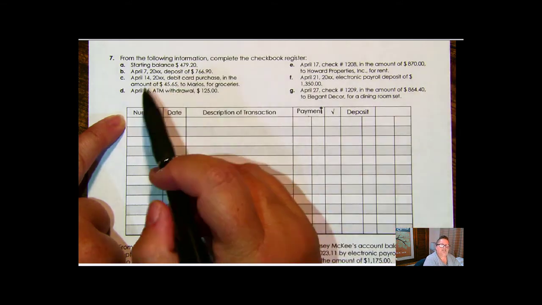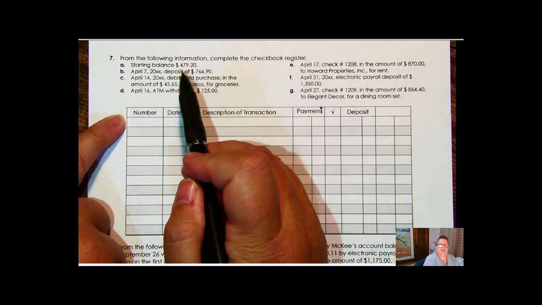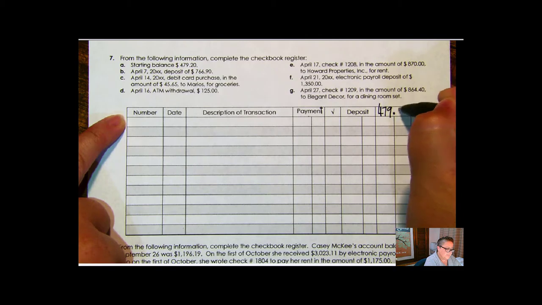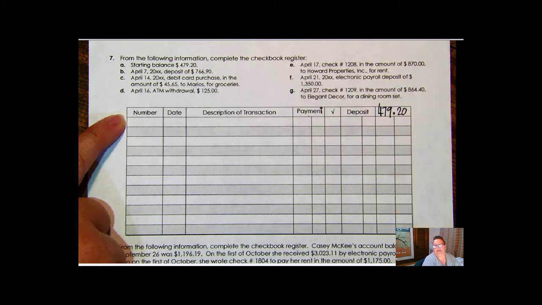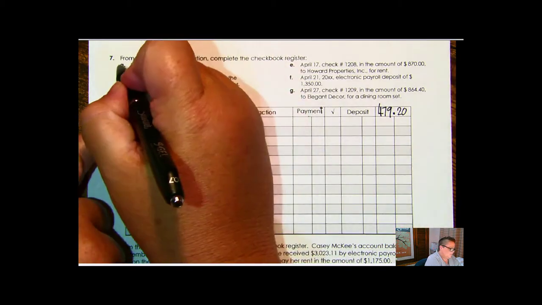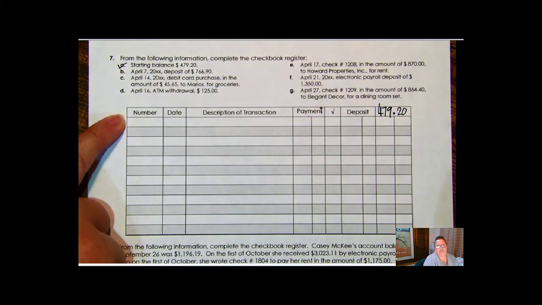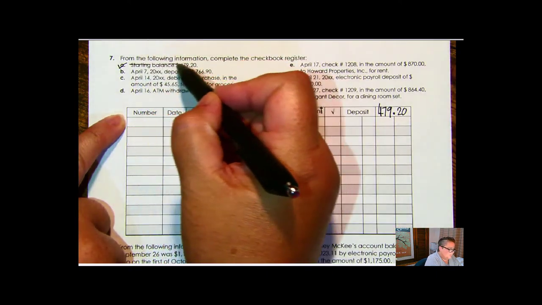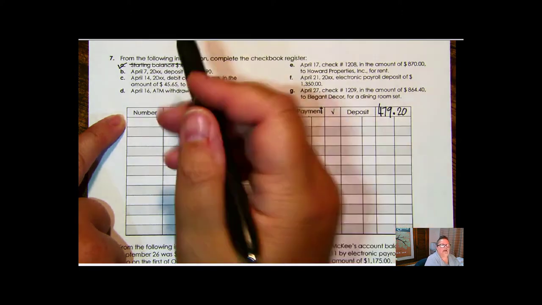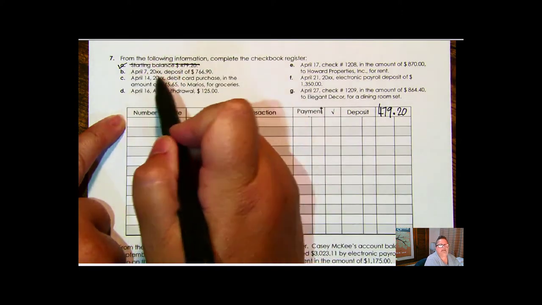So our starting balance is $479.20. That $479.20 goes at the top of our running balance. There we go. Used it, done. Put a check mark, put a light line through it, something so that it's still readable, but you know that you've used that information. All right, part B says on April 7th,